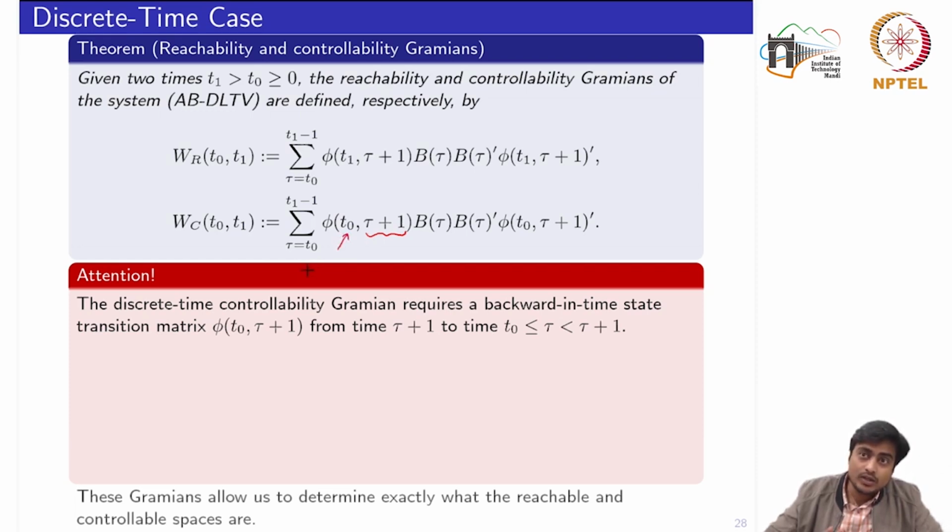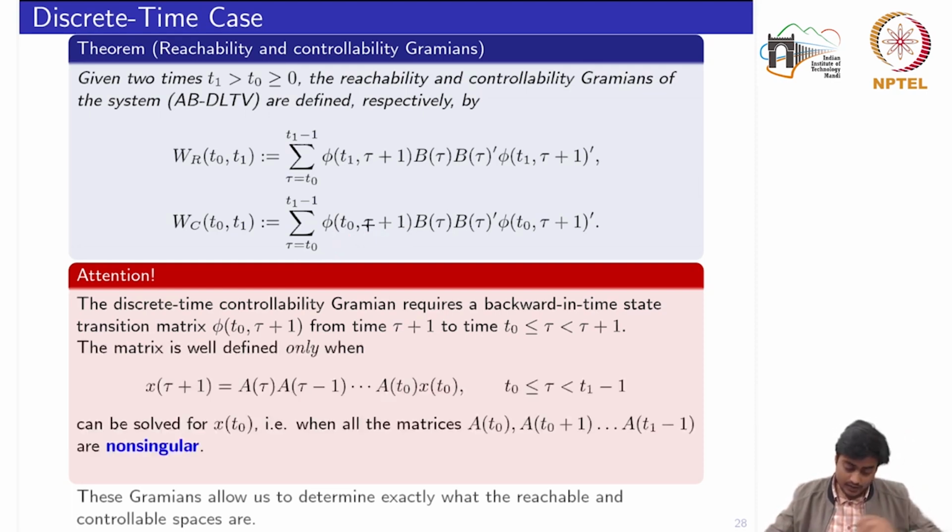So I need to compute backward in time. It imposes some restrictions, in the sense that this state transition matrix is well defined only when the matrices at different times